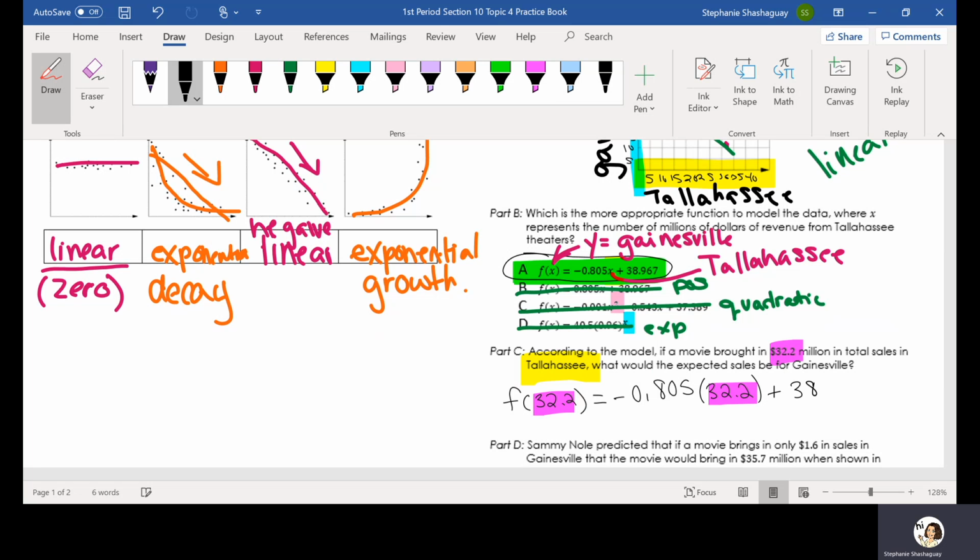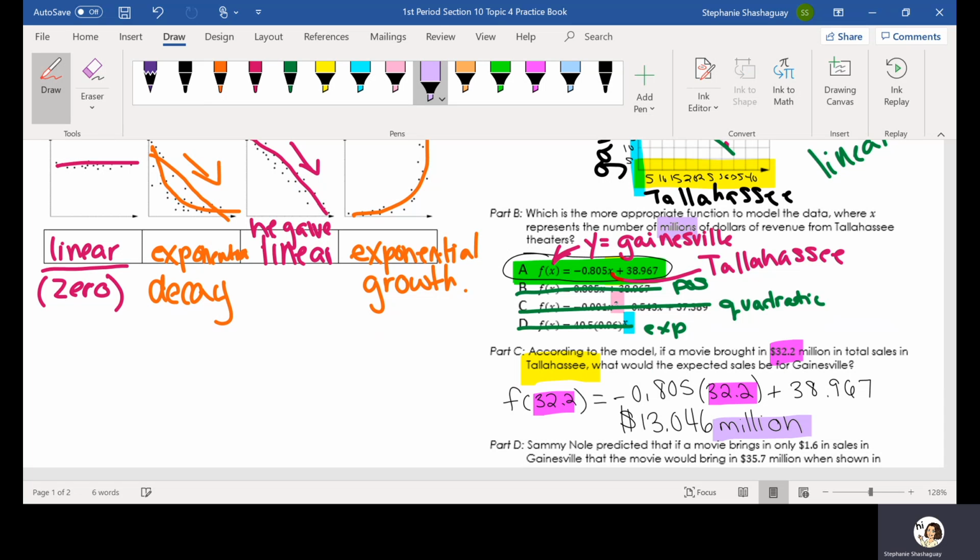plus 38.967. So if I do 0.805 times 32.2 and then add 38.967, I'm going to get 13.046. But we are dealing with millions, okay? So don't forget that we are talking about millions. So it's 13.046 million